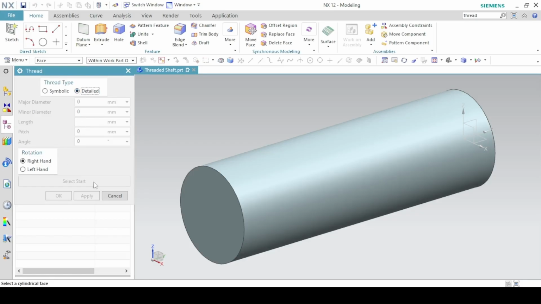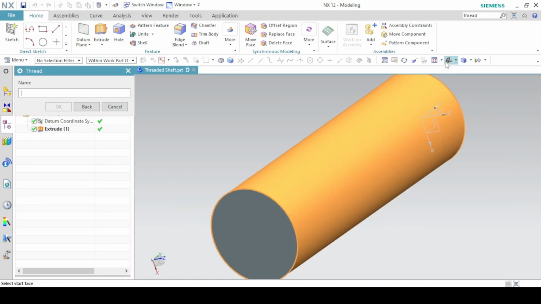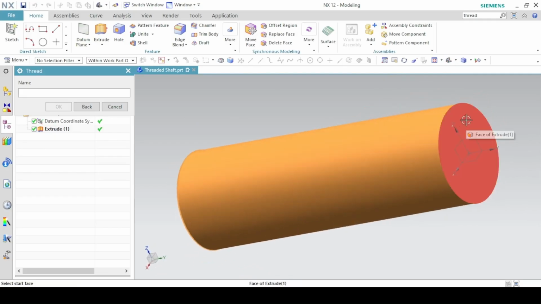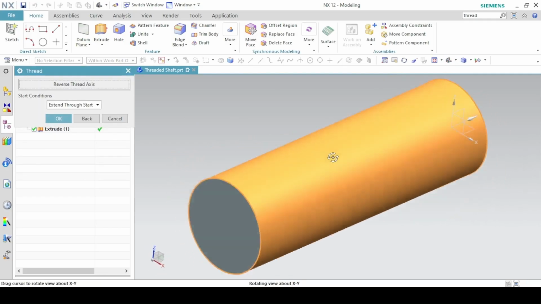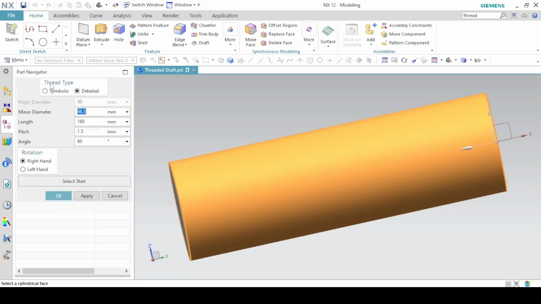And the first thing you have to do is to select the face of the shaft, or the face on which the thread will be. So click on this face, and then you have to select the start point of the thread. So come to select start, and then we are going to start on this face. So click on this face, and you can see the thread is pointing in this direction. It is going in this direction, but we want it to come here until the full length. So reverse thread axis. Now it points in this direction,